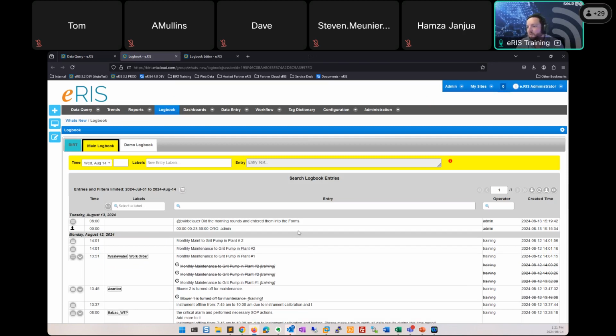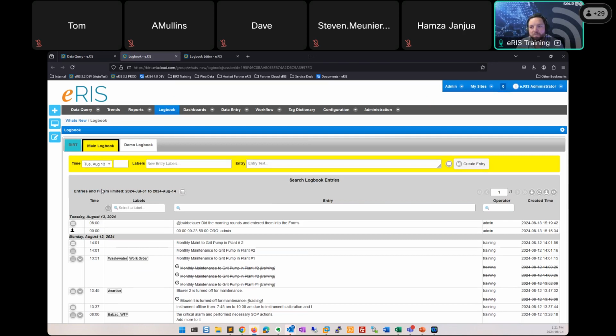The next new feature that we're going to talk about is called tagging in logbooks. So this is not available right this minute. It will be available come August 27th. But you'll now have the ability when you're writing a logbook entry, if this is enabled, and so you can enable this per logbook, that you can now at a user,